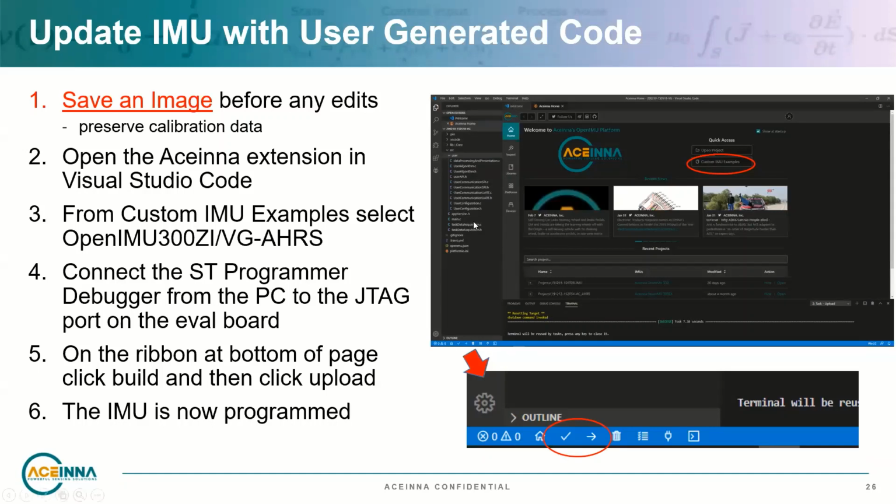The steps are to open the ACEINNA extension in Visual Studio Code, select the desired example, and then connect the ST programmer and debugger as shown in the last connection image. And at that stage, you'll notice at the bottom of the page, there's a tick box and an arrow. Clicking the tick will build the application, and clicking the arrow will upload it to the OpenIMU. And at that stage, the OpenIMU will be programmed. So just to show that in practice,